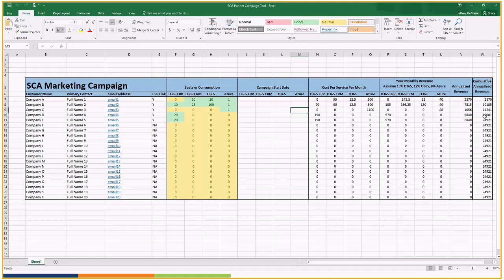In this example on number 2, let's say there's a 10-user BC deal at the $70 price. They've got 25 CRM users at the $95 price. They've got 100 seats of Office 365, and they've got an Azure subscription, which is based on consumption. This number here is the Azure consumption number, and we've got the calculations in here.